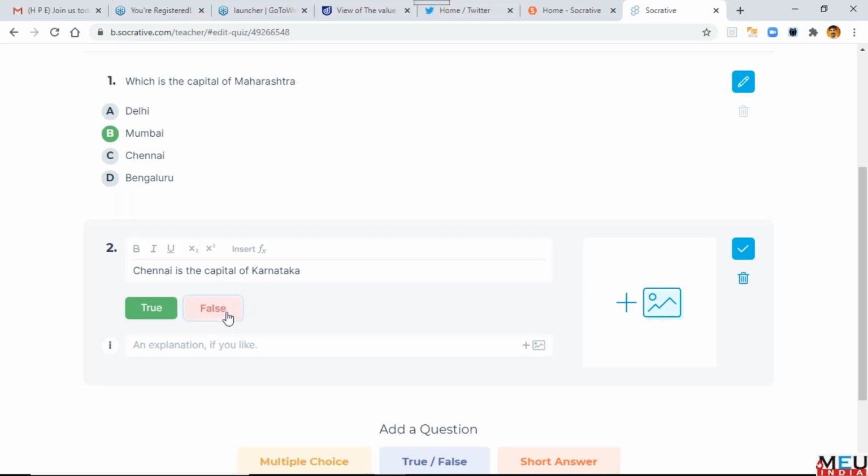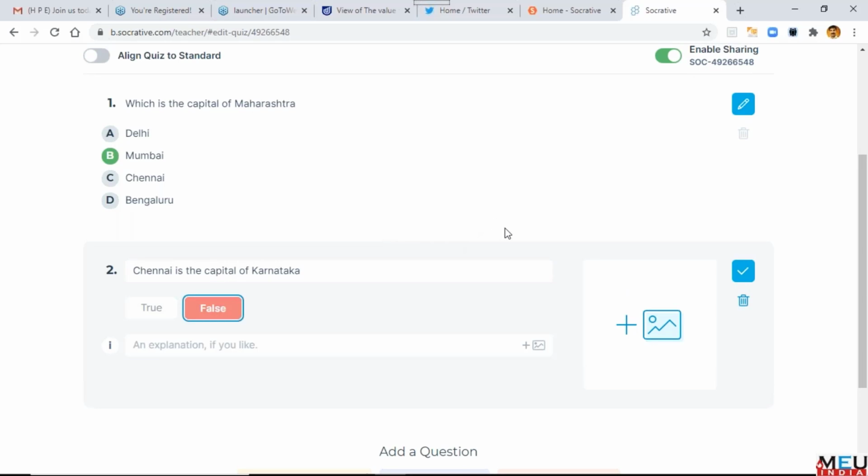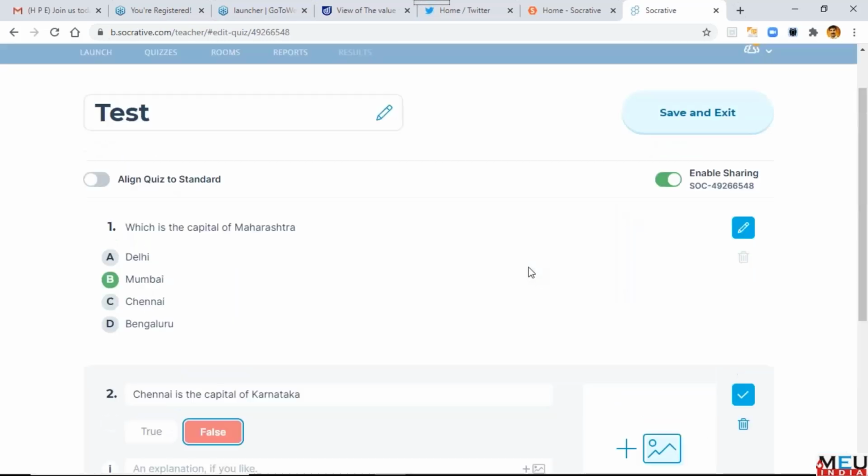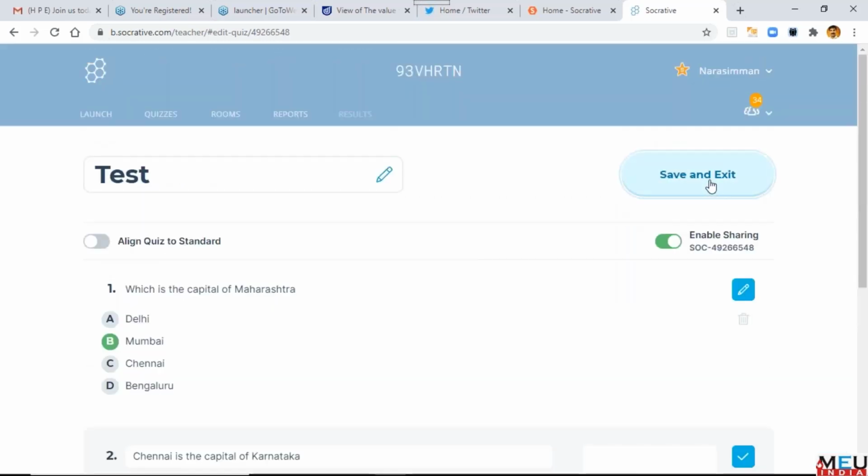We know the answer is false, so click on it. Now your quiz is ready. You can add a short answer also, if you want them to describe. Now save and exit. Now your quiz is ready.